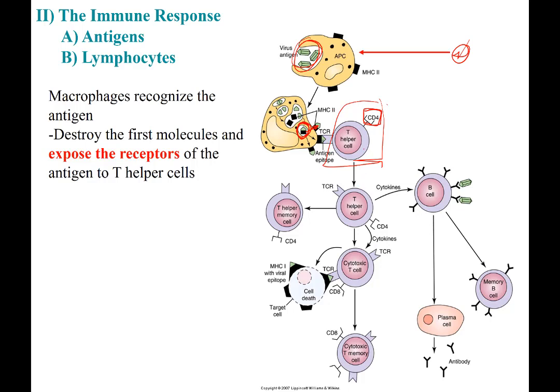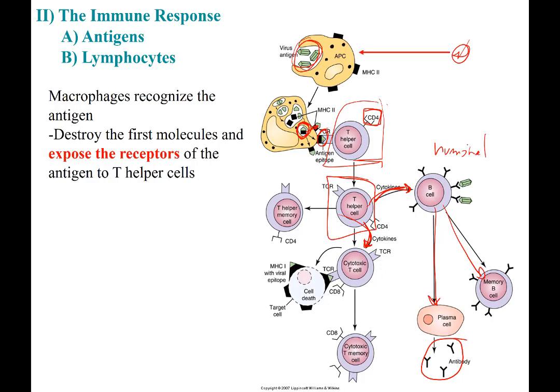So now, once the T helper cells have been able to recognize this epitope here, they are activated, and they can start to send signals to the B cells, and they can start to send signals to the T cells to be activated and fight. And they will fight with different systems, like we mentioned before. B cells are going to become either memory cells for the memory system, or mature into plasma cells and produce antibodies for the humoral system. So you could actually understand it this way.